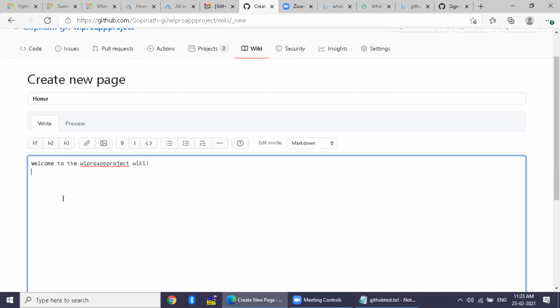This project is about creating a mobile application for Wipro. In this project, we use Java and Azure, blah blah. You understood, right?